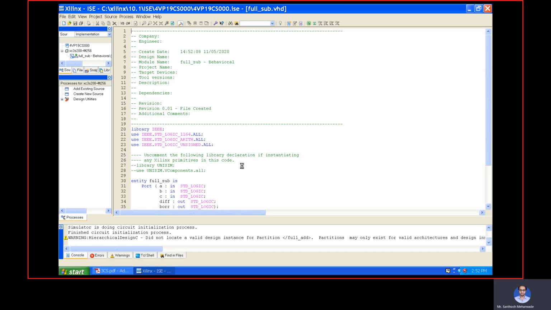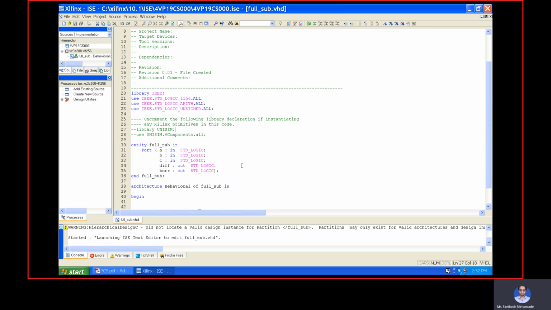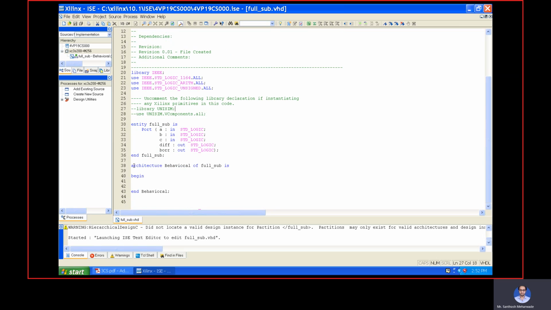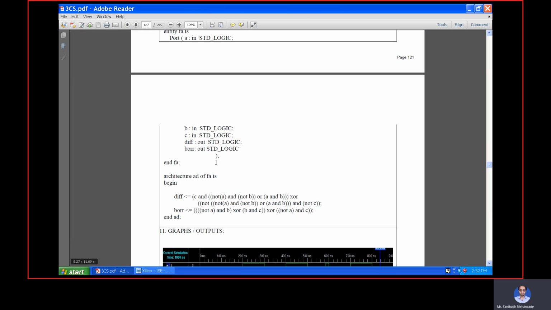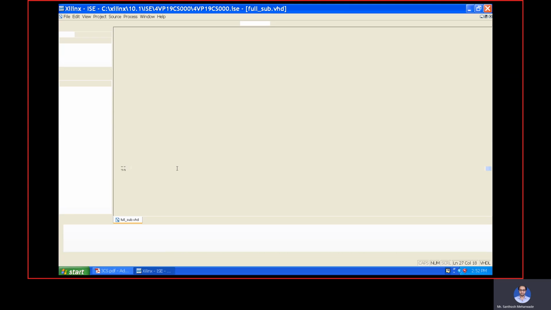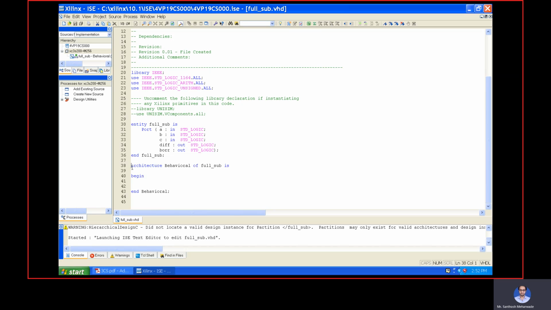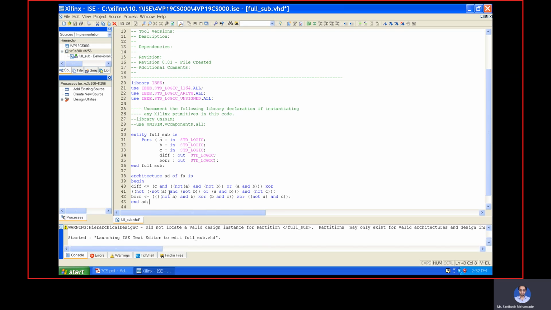Next here I have to do the modification. I will copy from this file. Just for saving the time I am doing like this, otherwise the video will become more lengthy. So here just see that it is a full subtractor architecture, hence it should also end with a full subtractor.